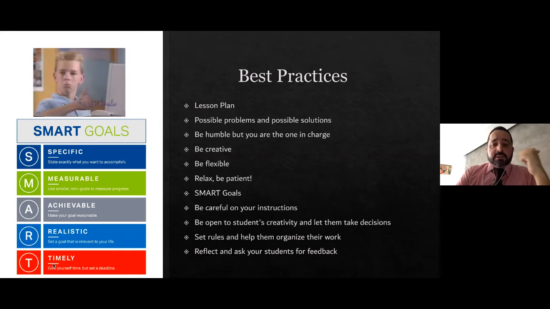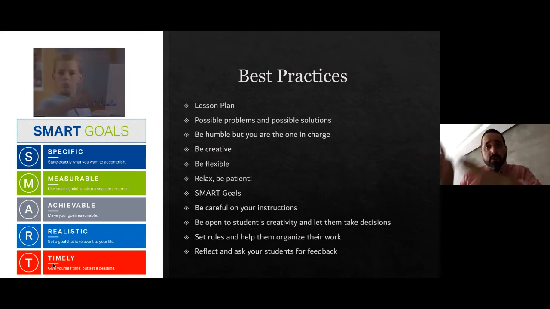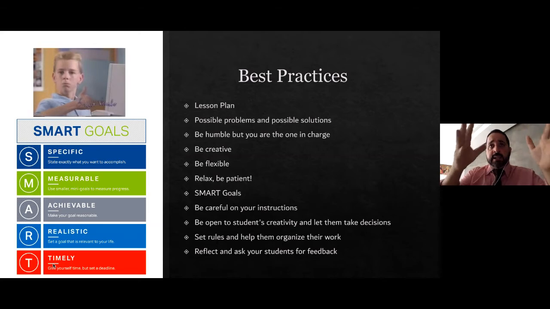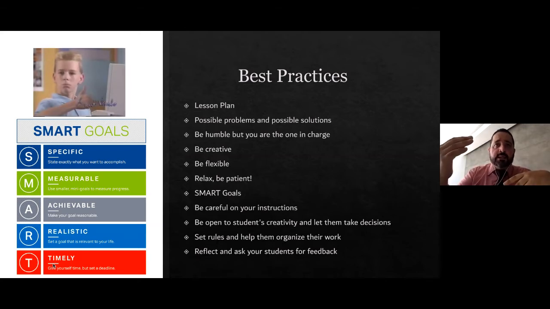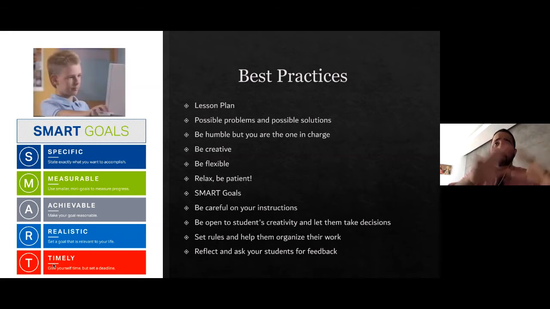Also, think about possible problems and possible solutions. I know this one should be part of the lesson plan, but I put it as a different topic because you have to think about what could happen if, let's say, I have 20 students and the 20 agree they're going to bring their cell phone. The reality, only 6 of my students brought a cell phone.